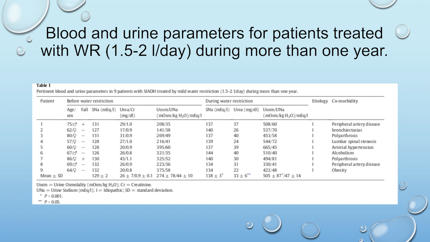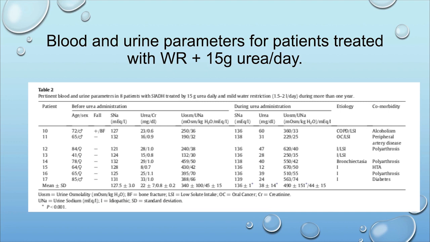If you look at this table, it shows you the pre-water restriction. These are the patients who could get water restriction alone. And in pre-water restriction, you can see that the urine osmolality was pretty low, mostly below 375. And with water restriction, they were able to get their urine osmolality and their serum sodium up. In the next group of patients, these are patients 10 through 17, the urine osmolality was a little bit higher, some of them into the 400 range. And these are the patients who needed the addition of 15 grams of urea to their regimen in order to